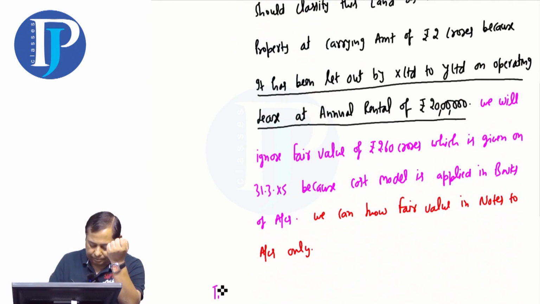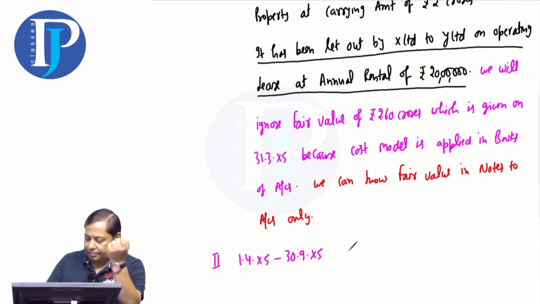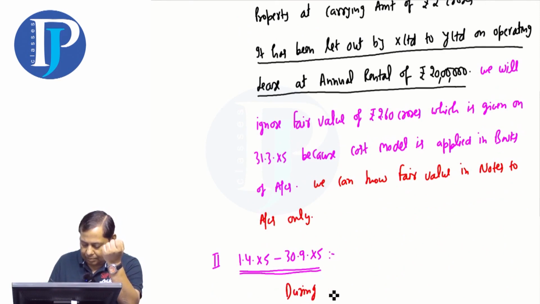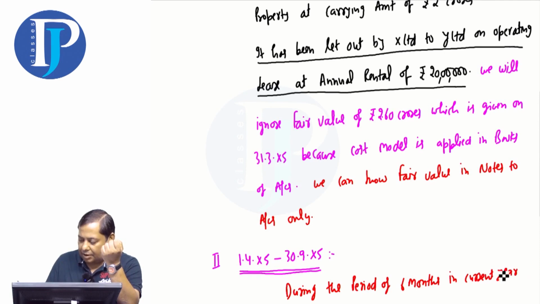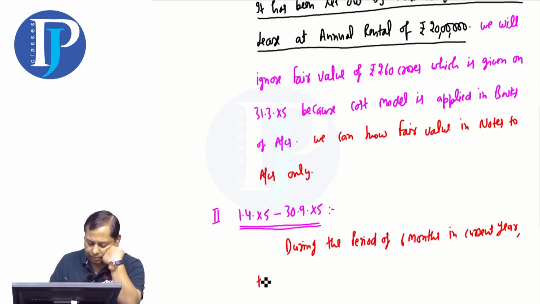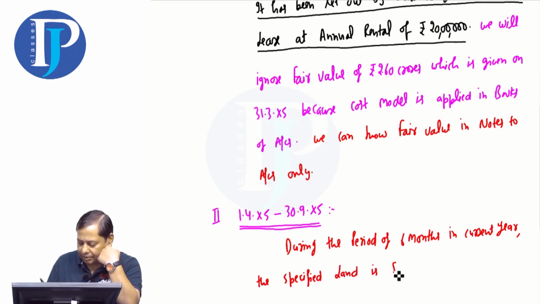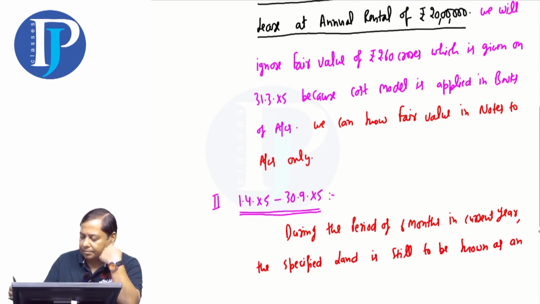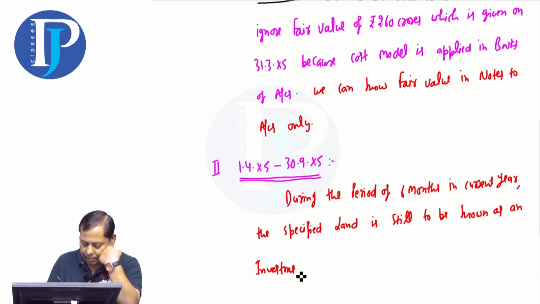Now to the second part. From 1st April X5 to 30th September X5, during the period of 6 months in the current year, the specified land is still to be shown as an investment property